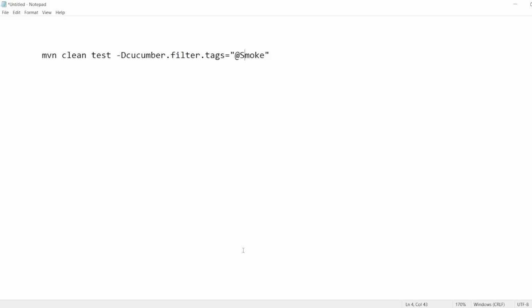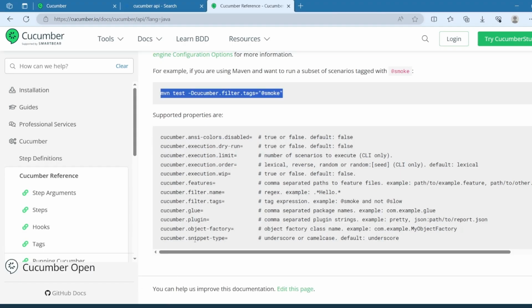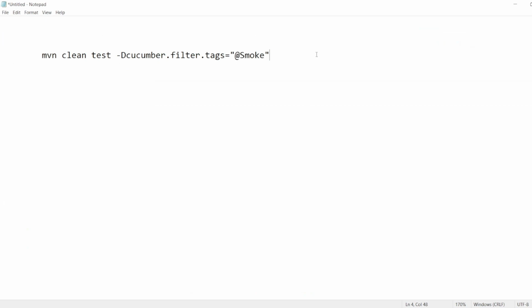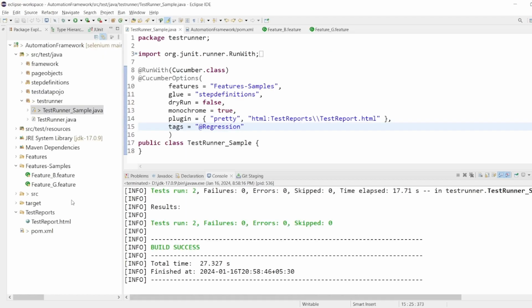And let us also specify that we want to execute only one feature file. So how we could do that is cucumber.features is equal to, and here, as we see, it is comma separated paths to feature files. It is important to note we need to prefix it by -D, and then we need to mention cucumber.features is equal to, and now let us see